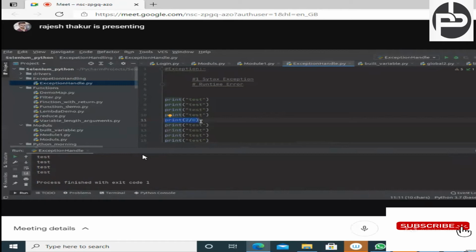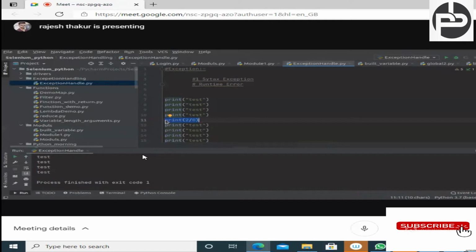In mathematics also, if you divide anything by 0, it gives an infinite number, and in a computer system there is no existence of infinity. That's why it throws an exception, and this kind of error is known as a runtime error. This error arises at runtime, and as a programmer we are not aware of it beforehand. It is a kind of error we cannot ignore, and if you make this kind of mistake, we cannot say it's a blunder, it's a programming mistake.